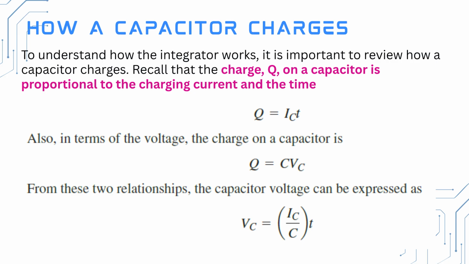Okay? So this equation or yung ating expression na to has the form of an equation for a straight line beginning at zero with a constant slope ng ating I sub C all over C. Remember from algebra that the general form of the straight line is y is equal to mx plus b. Kaya yung ating pong slope dito sa ating given na formula is I sub C all over C. Pag sinabing slope, ito po yung rise over run. Okay?